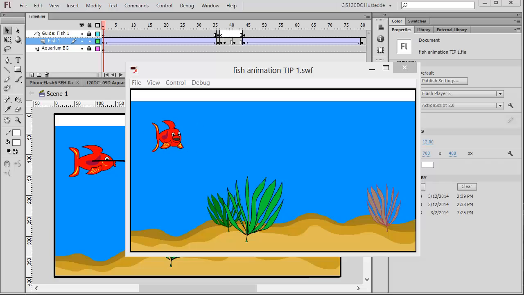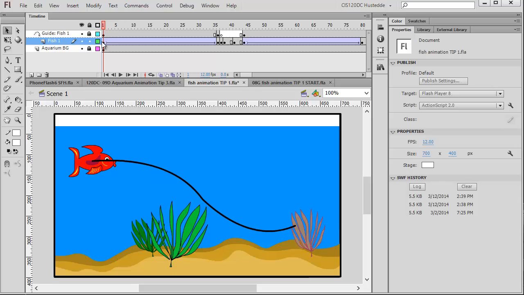In a previous lesson, I demonstrated how to use Classic Tweens along with frame-by-frame animation to create your fish swimming along 4 different paths in the Aquarium project. I want to revisit that and show you how to do the same thing but use Motion Tweens instead of Classic Tweens. So previously when we did this, we had our fish following a path with a guide layer